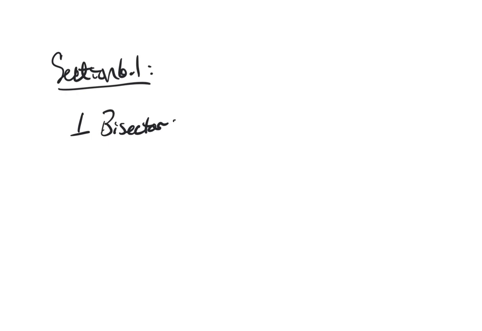Section 1 here in chapter 6 is going to deal with a type of line that we're going to draw inside of a triangle called a perpendicular bisector. Now, we've seen these before. We've actually drawn these before. I've had you draw your own using a